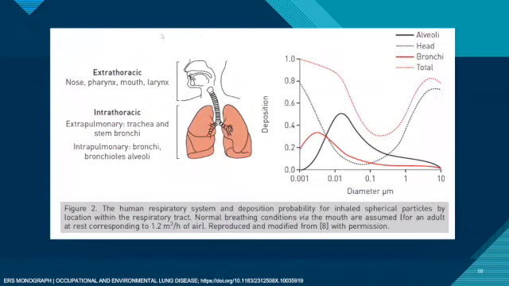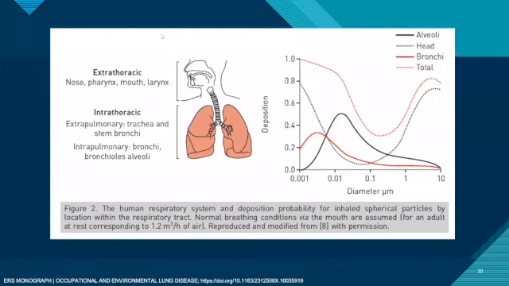The size of the particle obviously plays a big role in where it's deposited. In general, larger particles, those in the 1 to 10 micrometer diameter range, as well as nanoparticles, deposit mainly in the upper respiratory tract, whereas particle sizes between 100 nanometers and approximately 0.5 of a micron are more likely to be deposited in the alveoli. Knowing the size of the particles involved can help to establish a connection between the workplace and the disease, and also helps you to determine the proper method for monitoring the exposure and measures that should be applied to protect the involved workers.